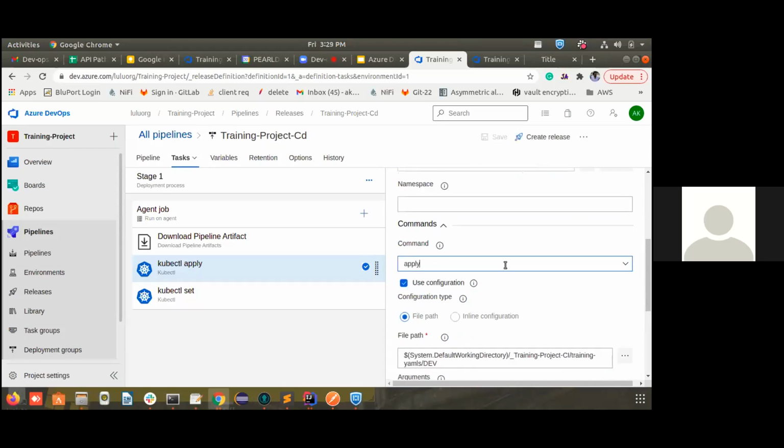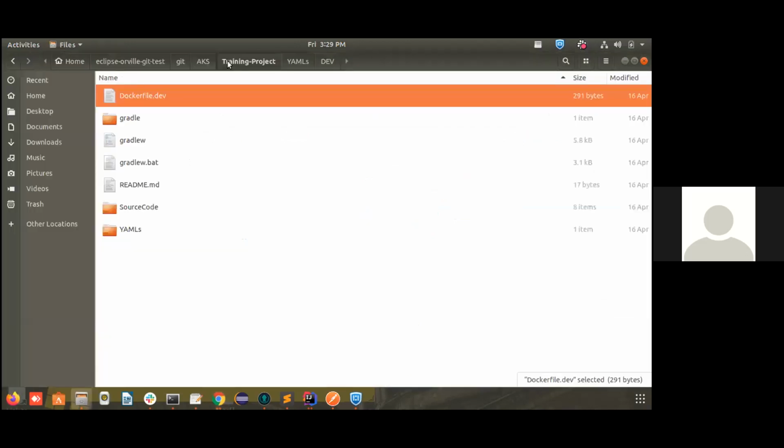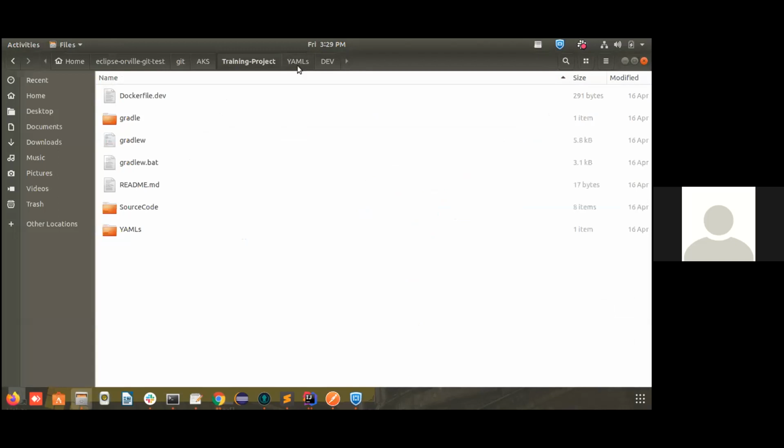So the command that I need to run for this particular job is apply. So I'm doing that apply. And here, what it is mentioning, from the default working directory, I have to go inside the training CI, then training YAMLs, inside the dev. So this is my training project, inside YAMLs, inside dev. I have my deployment descriptors.